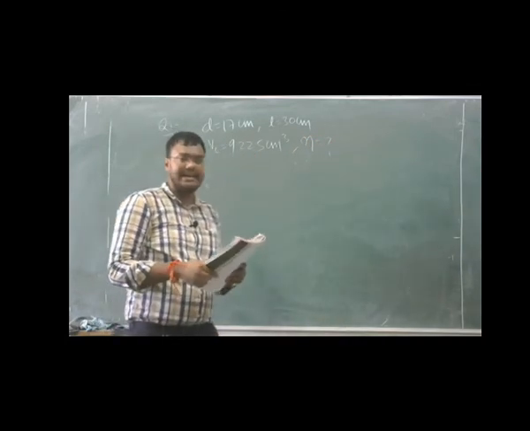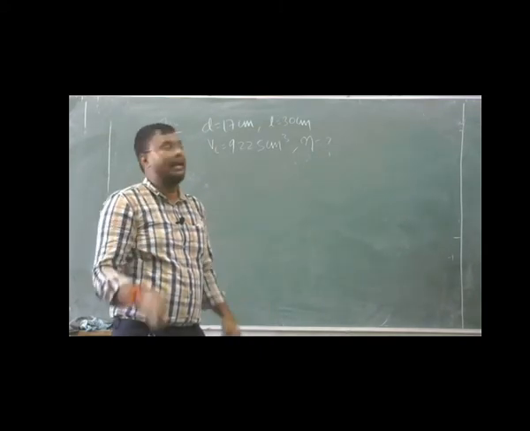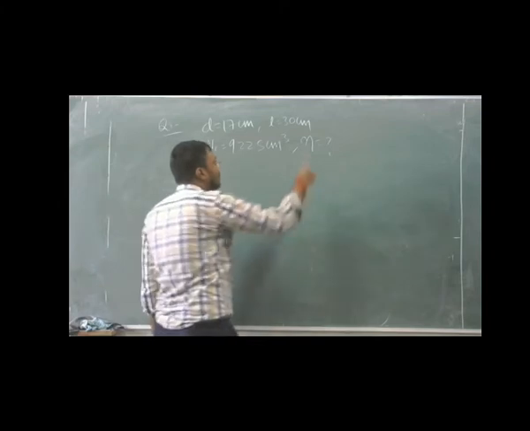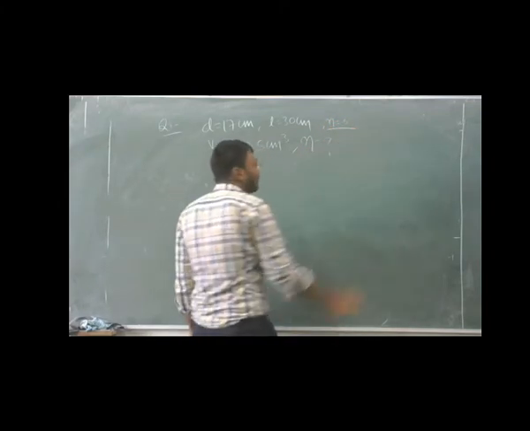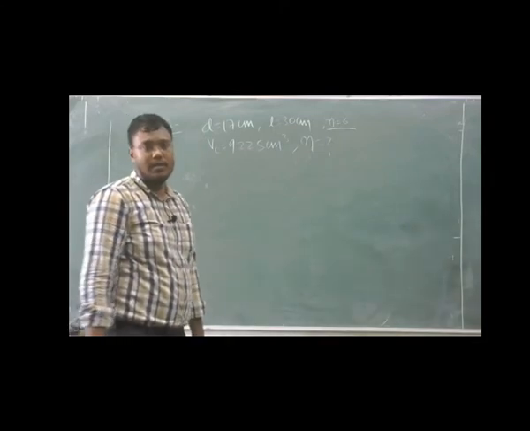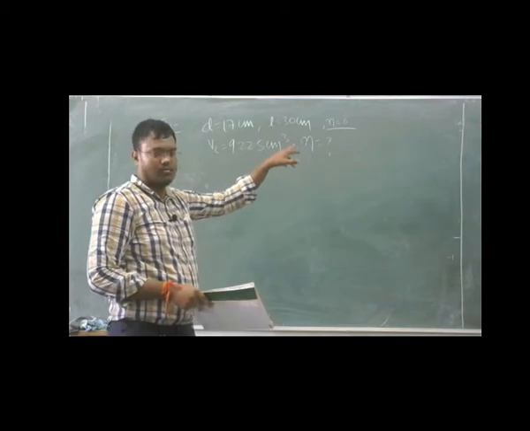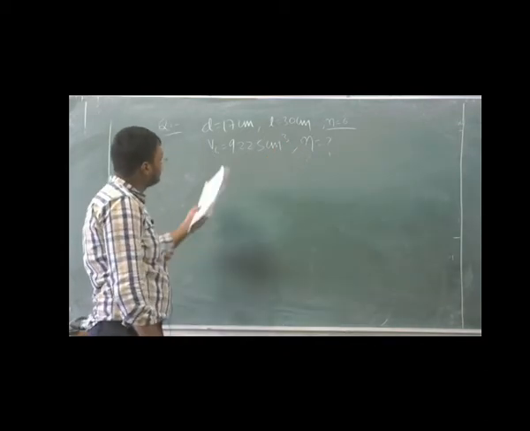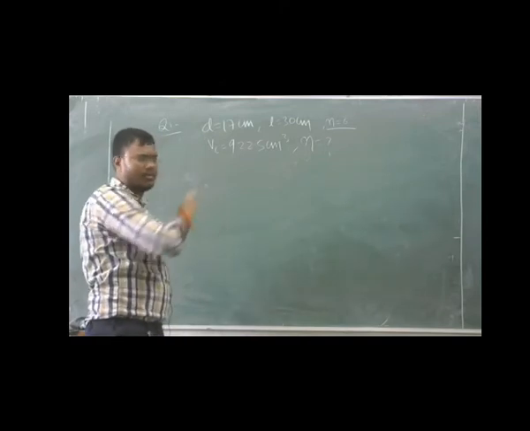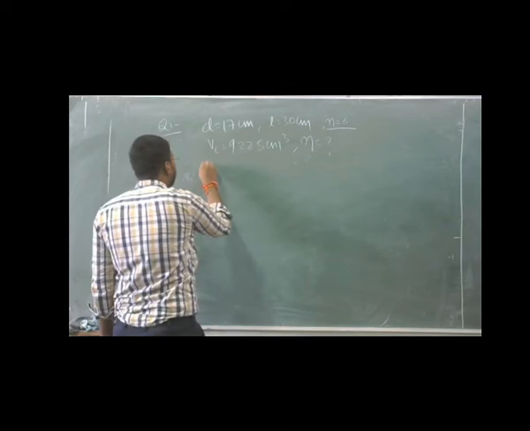In the first line it is written the cylinder dimension of a 6-cylinder engine. 6-cylinder means n is equal to 6. There are 6 cylinders in the engine, so we have to take care of this also. This is the same question as the previous one. Again, we have to calculate the value of Vs.